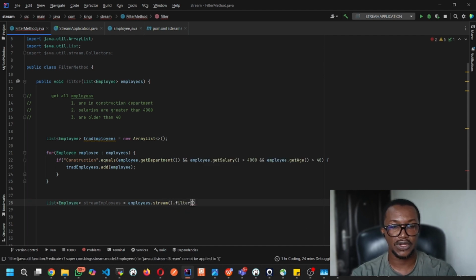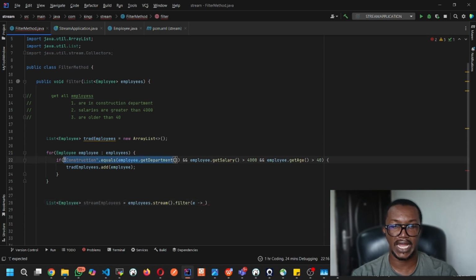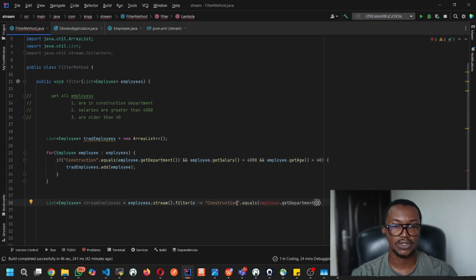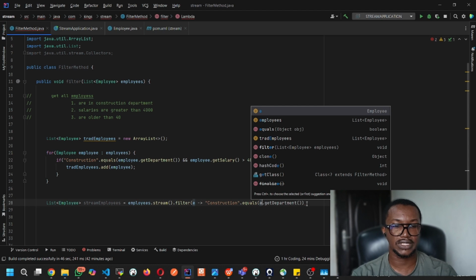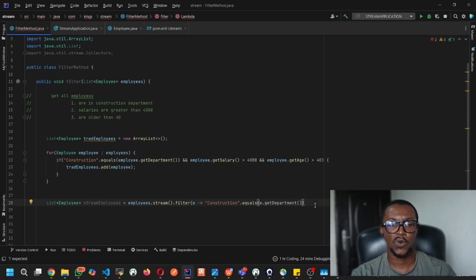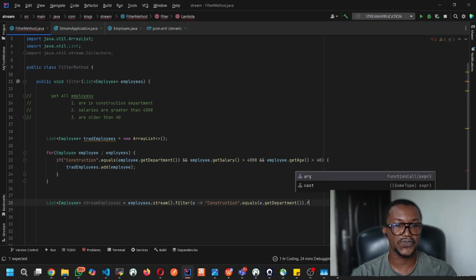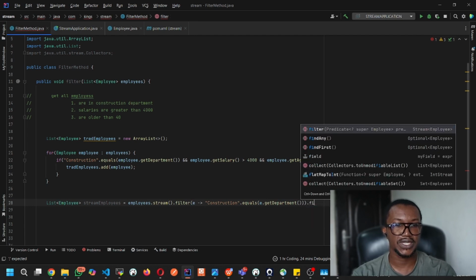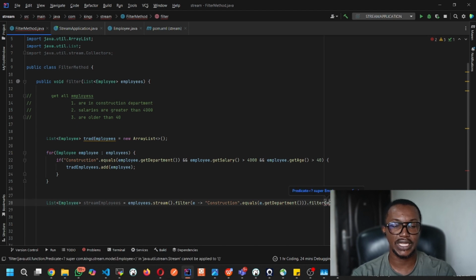The first thing I'm going to do is filter. Now with the filter, I will say e is equals to, now I can come here and get exactly what I had here. So you know this is still correct. This will now be e dot get department. What do I do next? The next thing is I chain it again with dot filter. I have this, okay, I need to close it. Dot filter. The next condition is